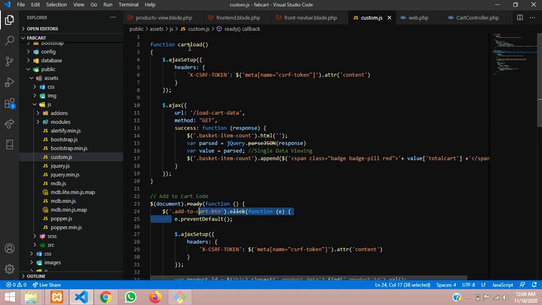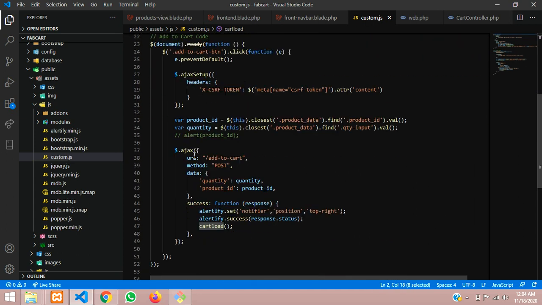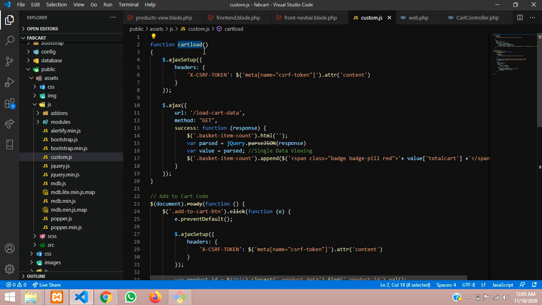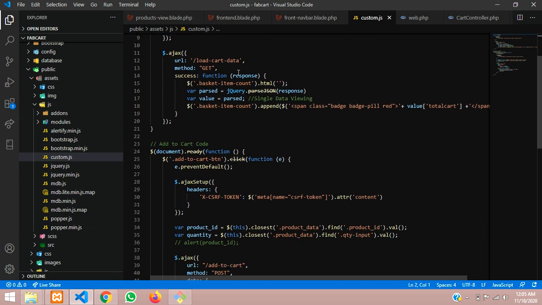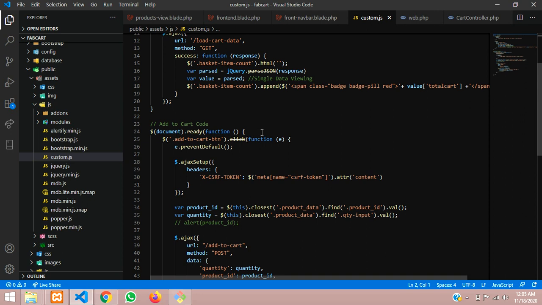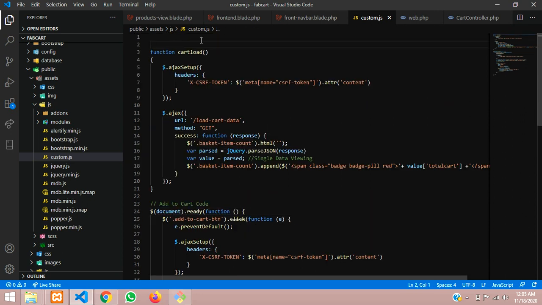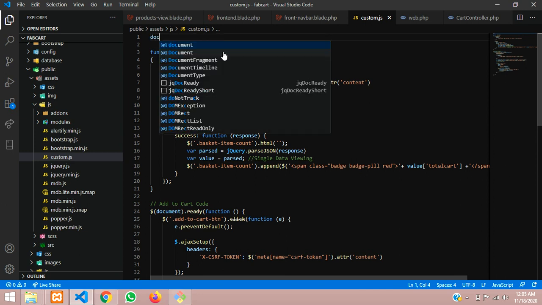So we will call this function directly outside also. So let us copy this and set the function. Okay, so we will call this inside one more thing, document dot ready.